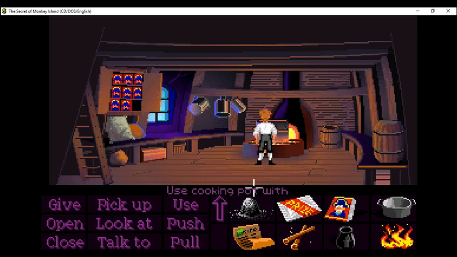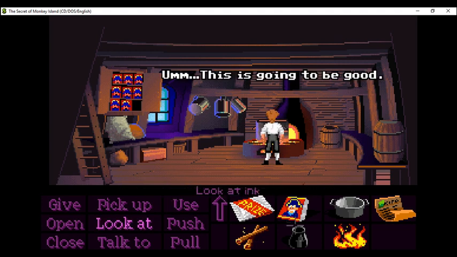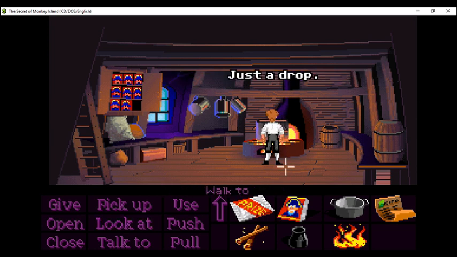Okay, so I already used the pot, so if you see this text says using cooking pot with, basically I buffered the action, so this way I can directly click on the gunpowder, and now I need to use these 3 items. So use the cinnamon, use the pot with the cereal, use the ink with the pot. Going back and forth obviously